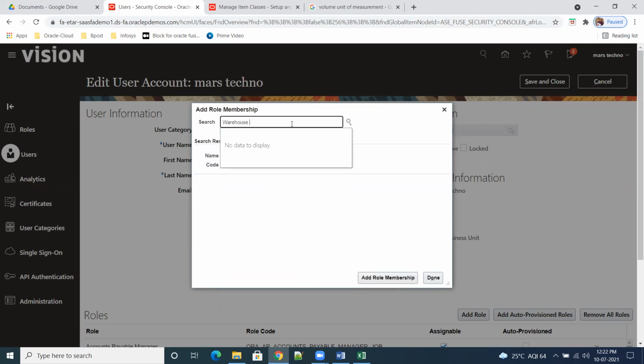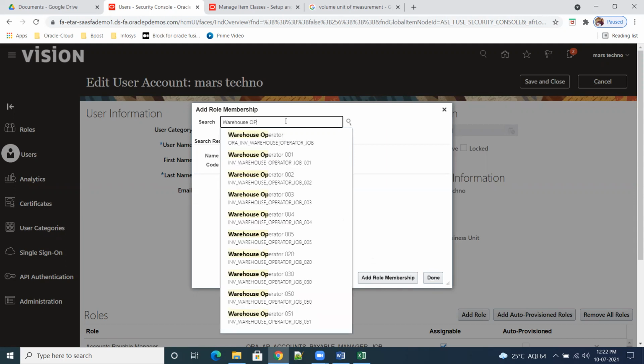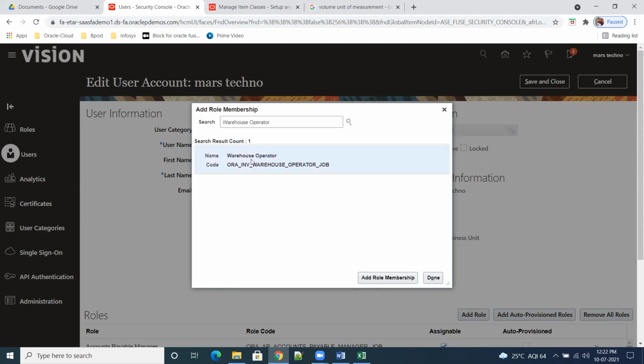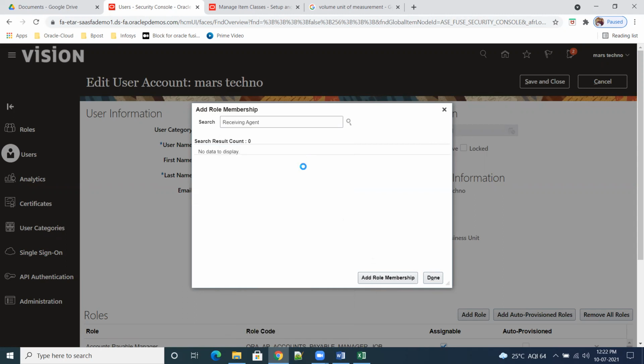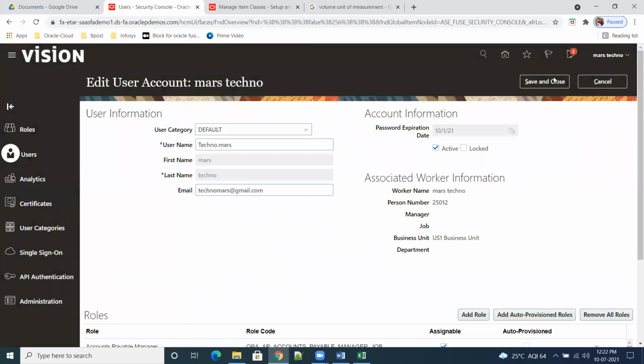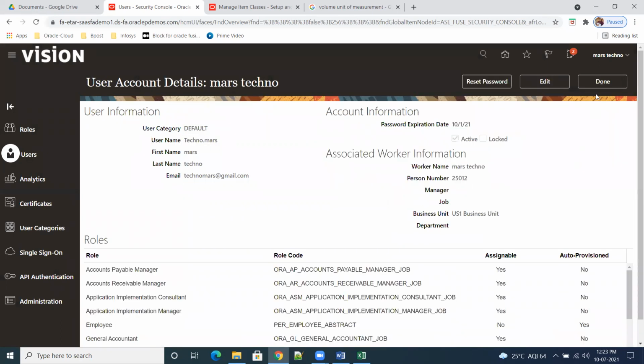Inventory manager is enough. The others are just for picking kind of things, if you want to do that. Shipping receiving agent is required. Okay, that is enough. Click on done, save and close. Click on done again.